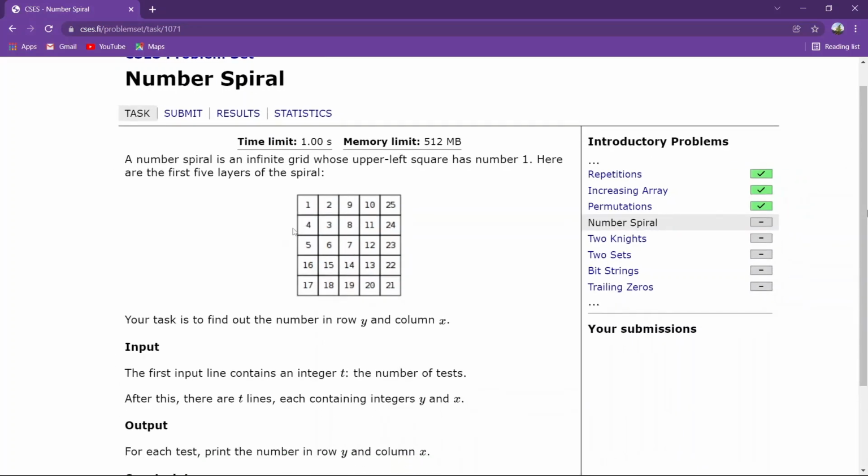So it will be easy if we can move to any of these numbers, and then we can either go downwards if we first go to any column top, or there is a second method: we can go to the first element and then move towards the right. Like if we have to find 14, there are two methods. We can move to 9 and then go downwards, 9, 8, 7, then 14. Or we can move to 16, then traverse towards the right, 16, 15, then 14.